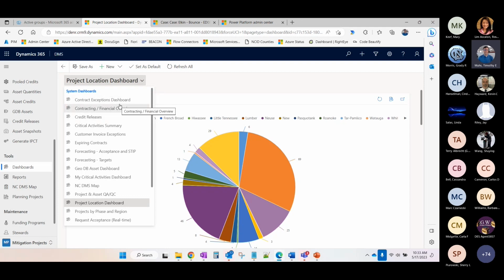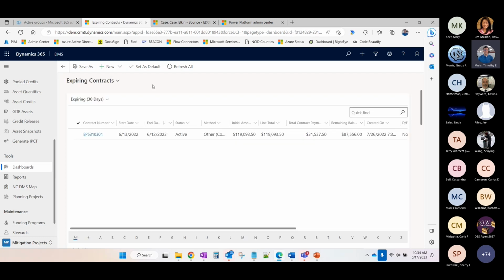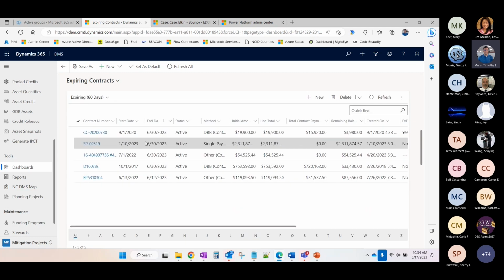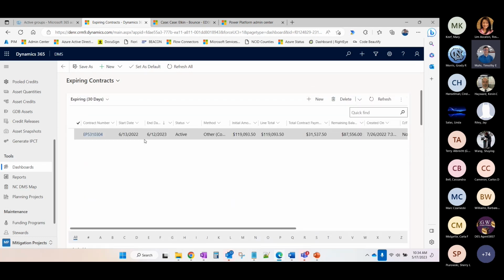And you can create personal dashboards as well. You can have different dashboards. You can have just expiring contracts. This is not that expiring. Here are contracts expiring 30, 60, 90 days. But it gives those folks the ability to just go to that dashboard and quickly access it and bring up